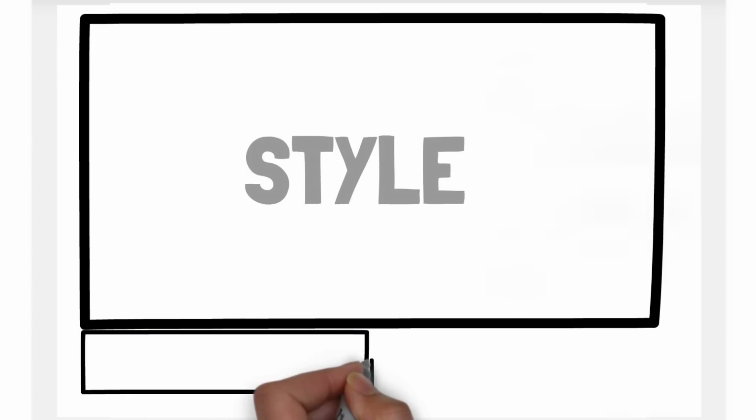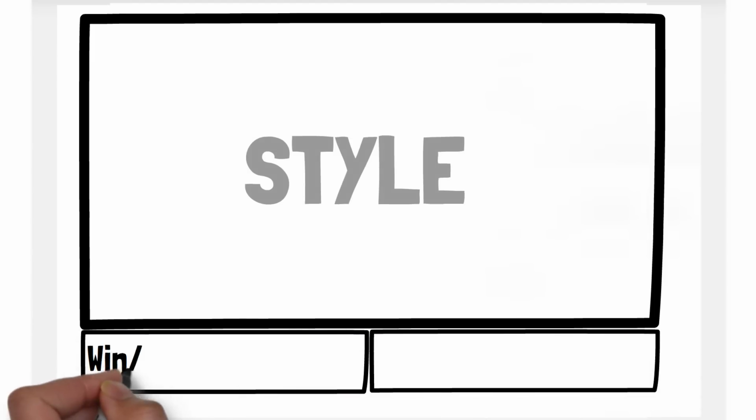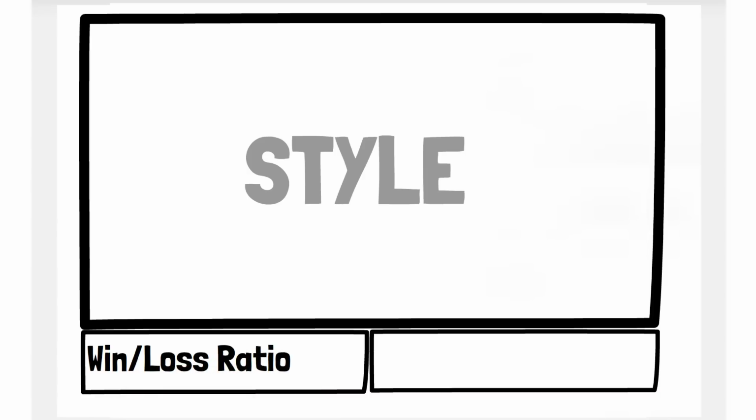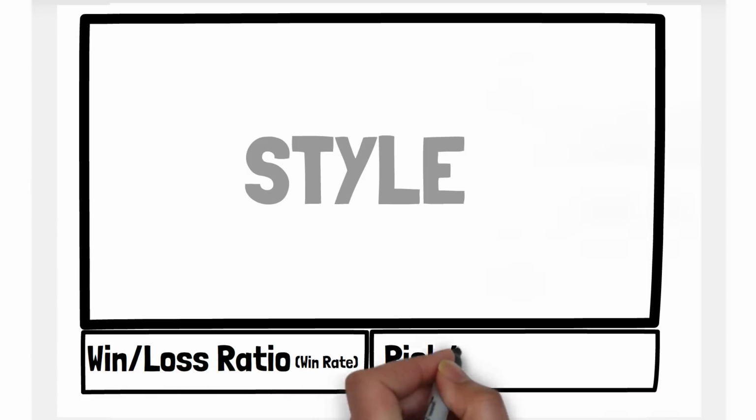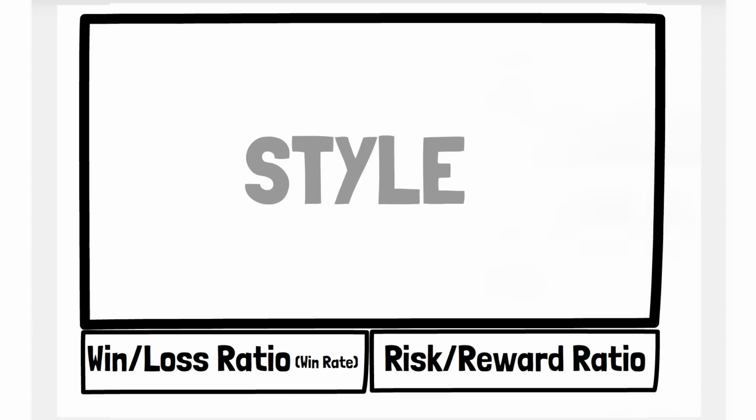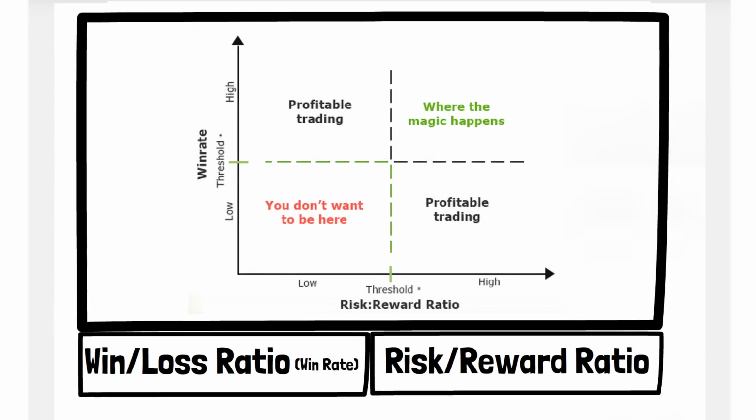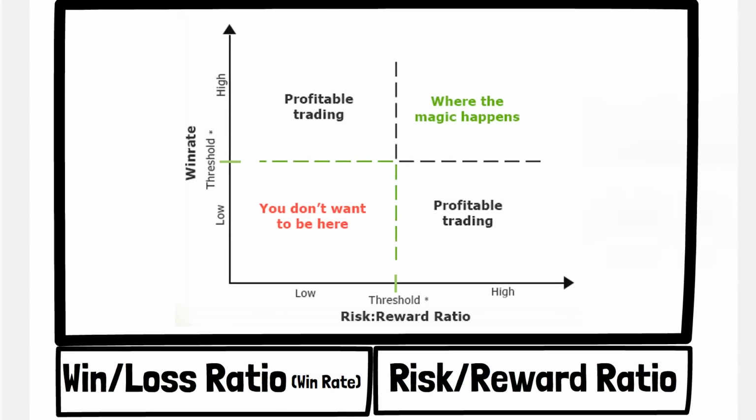There are unlimited factors to consider when trying to improve our chances of success, and many lie within the framework of style. However, the foundation for profitable trading comes from two concepts: the ratio of wins and losses, also known as win rate, and the ratio of how much you win when you win, relative to how much you lose when you lose. Both ratios must work in tandem with each other to achieve a positive expectancy.